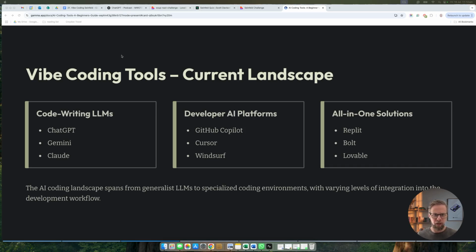probably what we're going to be looking at if we want to get something up and running is one of the all-in-one solutions. And these do everything. You can write the code directly within it just by using the chat prompts. It can also integrate with databases. It can set up all of the back-end functions of the software. It's quite impressive what it does. I'll show you an example of that. And again, there's lots of these coming onto the market, and it's evolving very quickly.